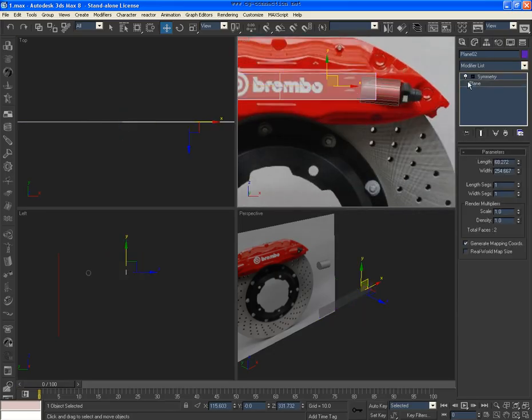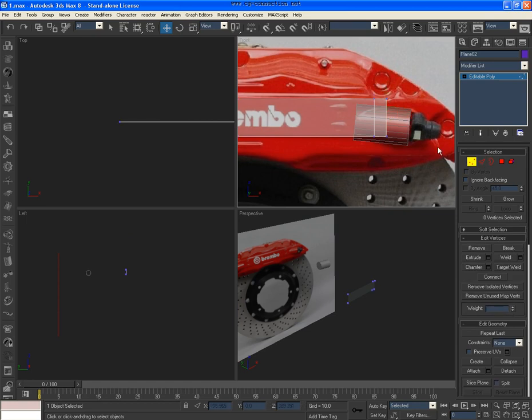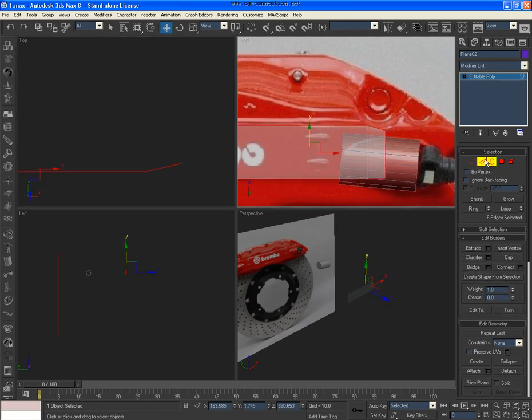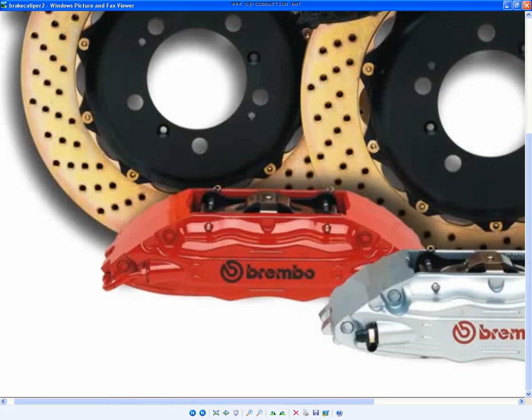So actually, delete symmetry. We're in editable poly. Right there. This way it goes down. Move this in. View line. Alright, you can see there is a little spot right here, so we're going to leave it like it is right now. Then it extrudes from,